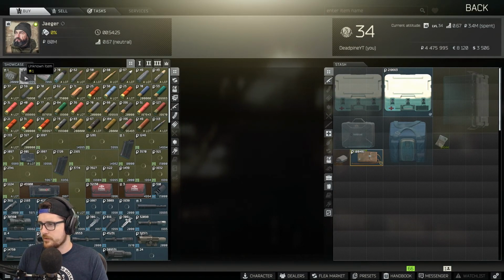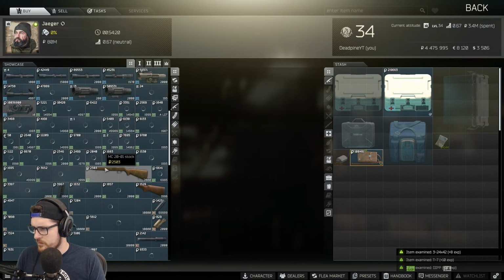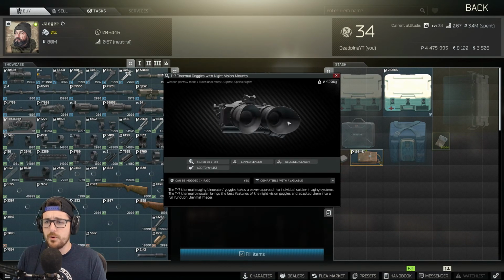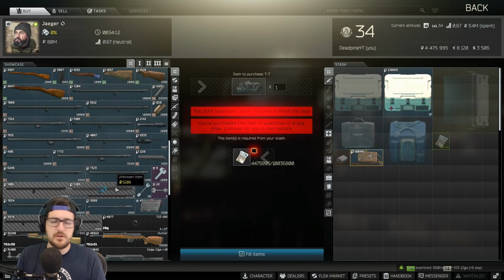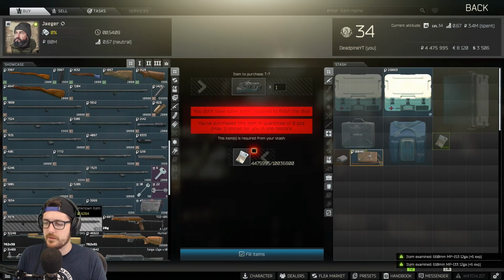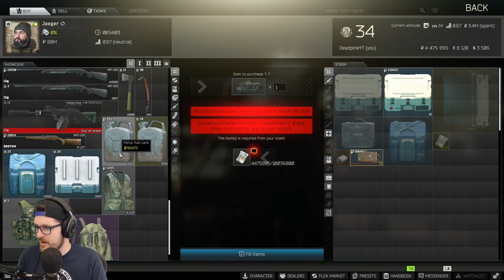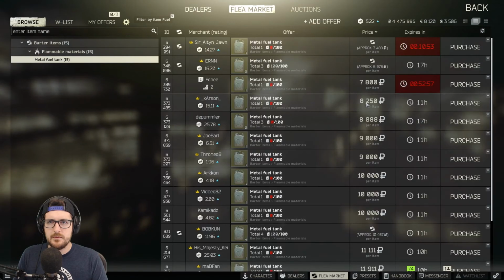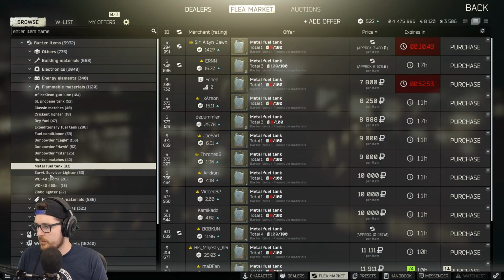Got level 4 Jaeger, which is something, I guess. I feel like I shouldn't have these. These, by the way, are actually 10 million. They are thermal goggles. Very powerful. You can't use red dots or anything, you have to use iron sights only with them. And you know what? They're not half bad. All right, let's get rid of that, and then we're gonna look for